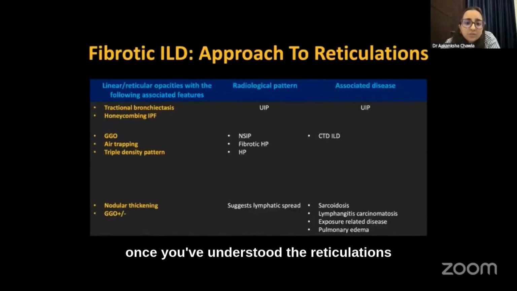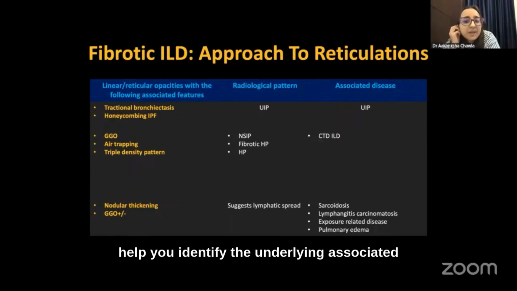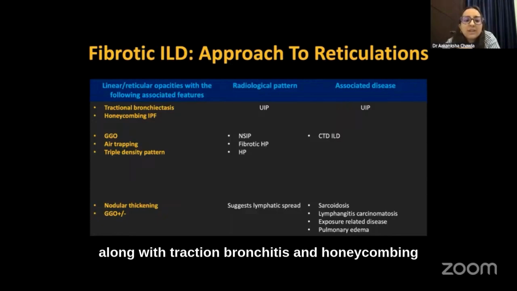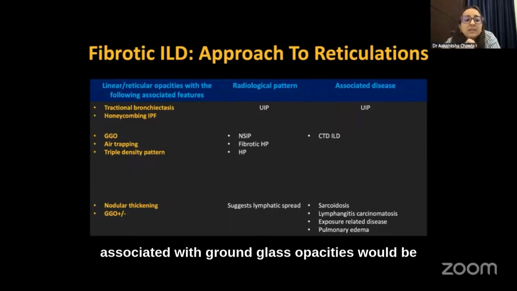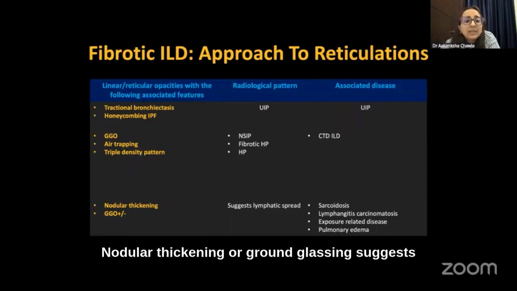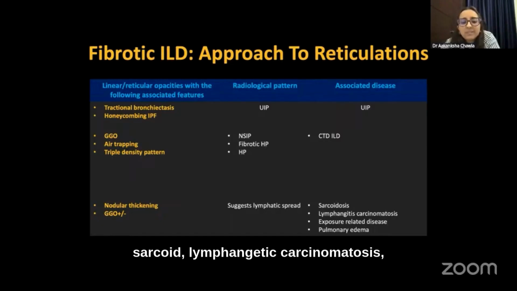Now, once you've understood the reticulations, the presence of these linear or reticular opacities, along with associated features, can help you identify the underlying associated radiological pattern and the associated disease. For example, a patient with linear and reticular opacities, along with traction bronchiectasis and honeycombing, would suggest a UIP pattern and would be a UIP IPF, right? Similarly, associated with ground glass opacity would be NSIP. Air trapping would be seen in fibrotic HP, and triple density pattern, which is very characteristic of HP. Nodular thickening or ground glassing suggests the lymphatic spread and can be seen in various diseases like sarcoid, lymphangitic carcinomatosis,